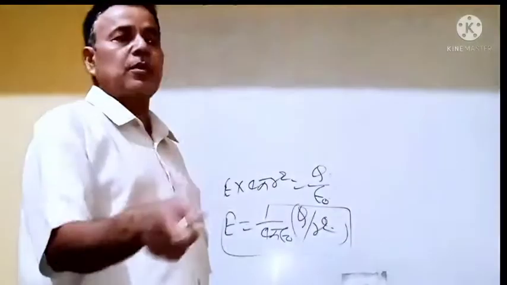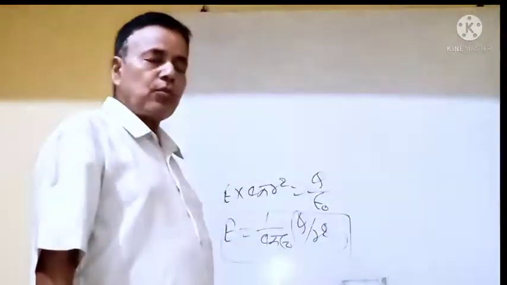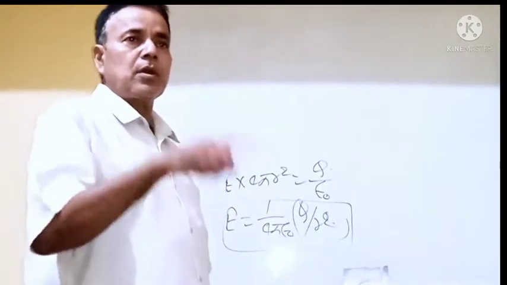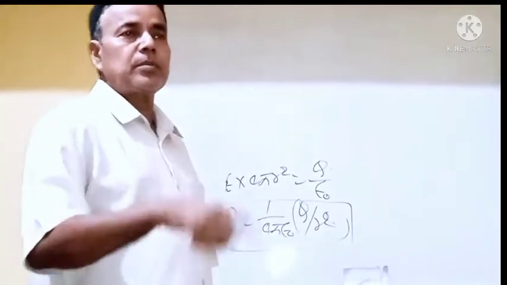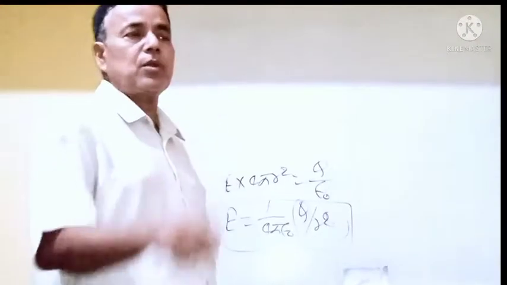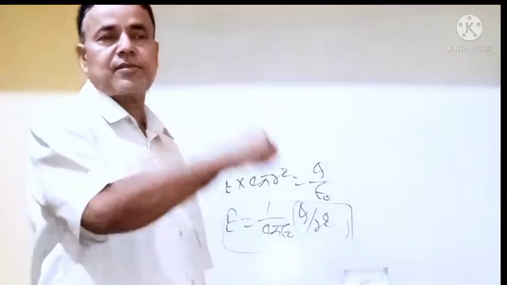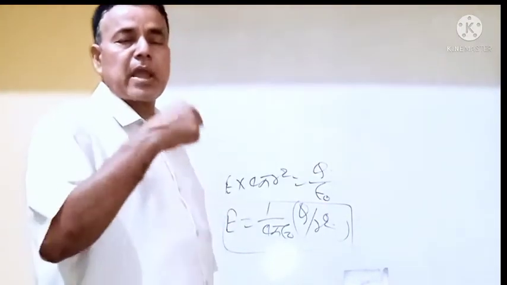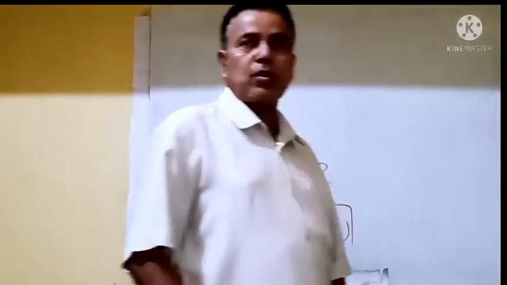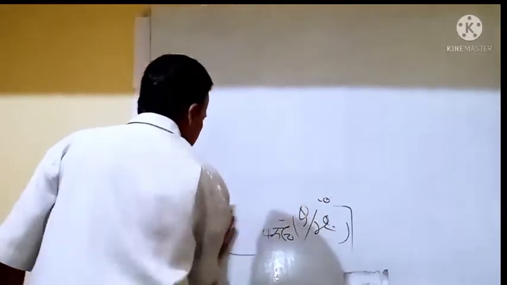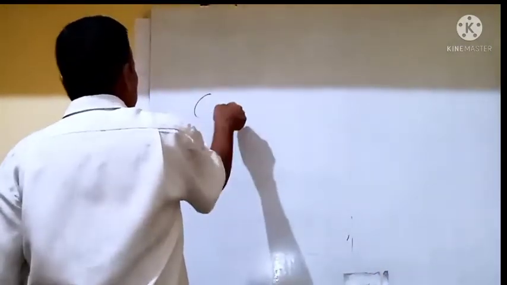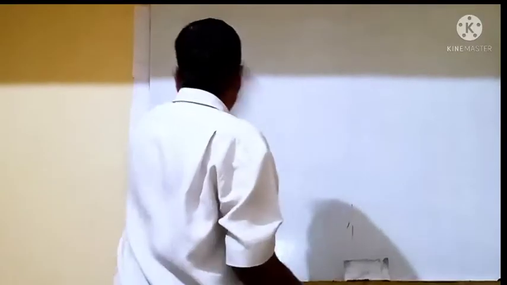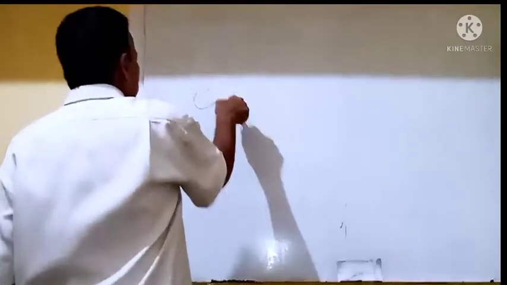Now suppose that the second case is what? The point is on the surface of the spherical cell. So what is the radius of the Gaussian surface? Radius of the Gaussian surface will be approximately equal to the radius of the thin spherical cell. So in this expression, a small r can be changed into the capital R. Point is situated on the thin spherical cell. Okay, case second.